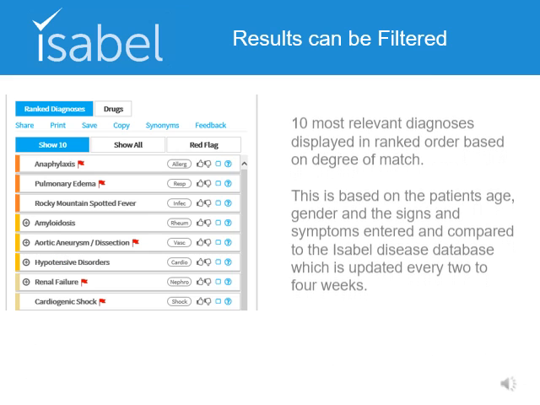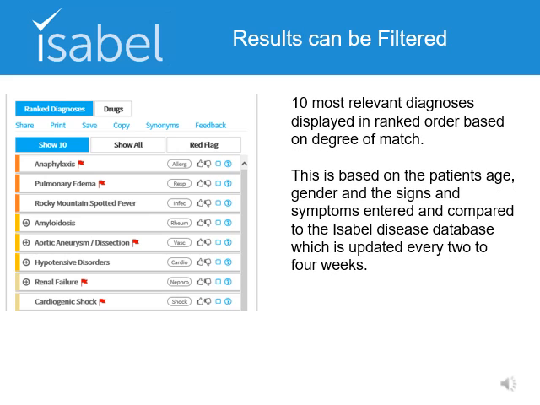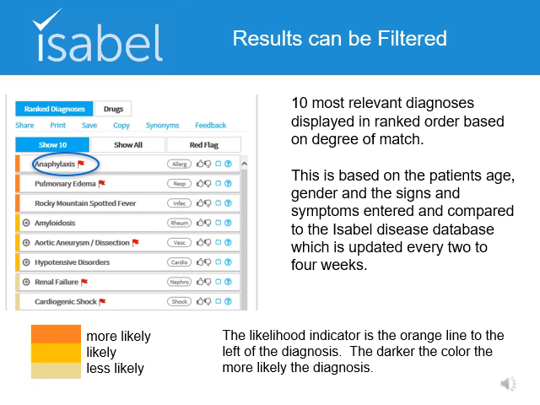The top 10 most relevant diagnoses are displayed in a ranked order. This is based on the clinical data you previously entered and is compared to the Isabel database, which is updated every 2 to 4 weeks. There is also a likelihood indicator. It's the orange line to the left of the diagnosis. The darker the color, the more likely